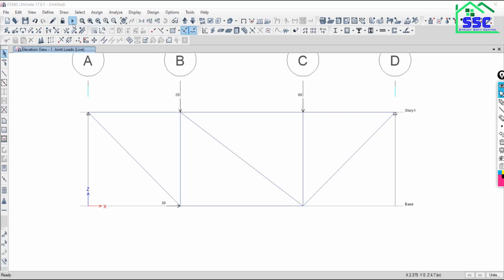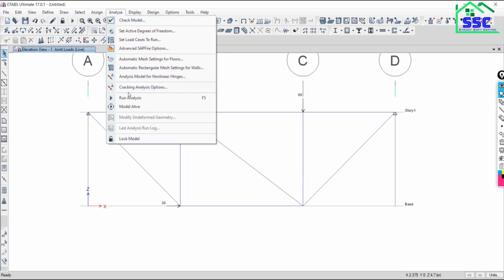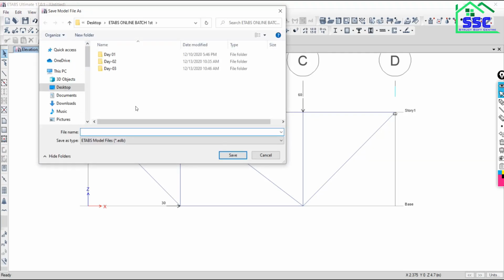Okay, and now analyze the model. So go to analyze, and as you can see here, run analysis. Go with the run analysis option and click on it. It will ask you to save the model.